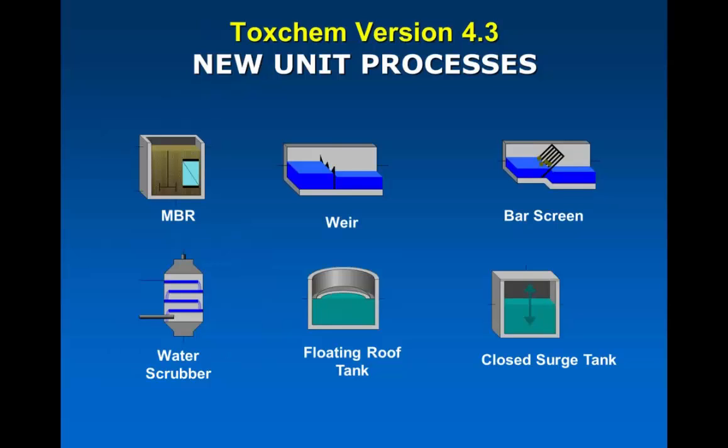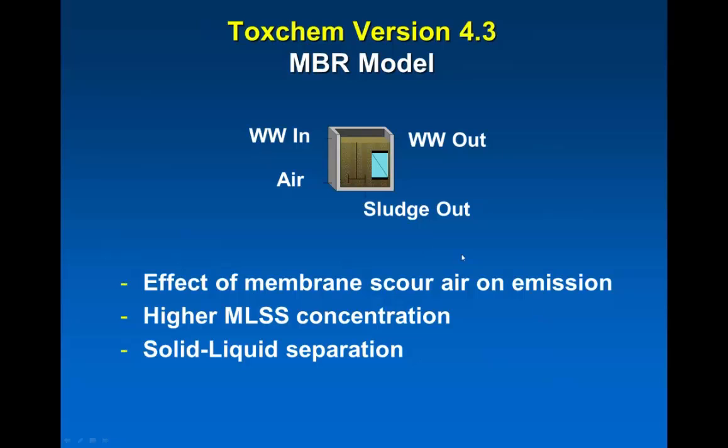So the new unit processes, this is how they look: a membrane bioreactor, weir process, bar screen, water scrubber, floating roof tank, and closed surge tank. So with respect to the membrane bioreactor model, when you look at the icon, you will see there are actually 2 streams. One is the wastewater coming into the unit process. There is the airstream which you can feed to the membrane reactor. Wastewater is filtered through the membranes and comes out, and you can withdraw the sludge from this